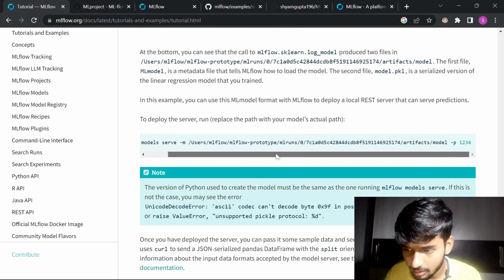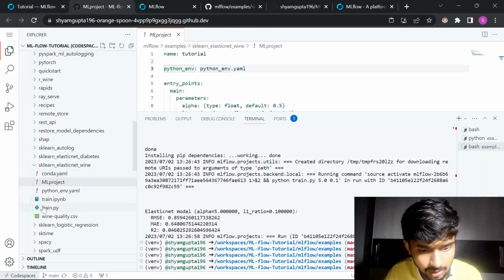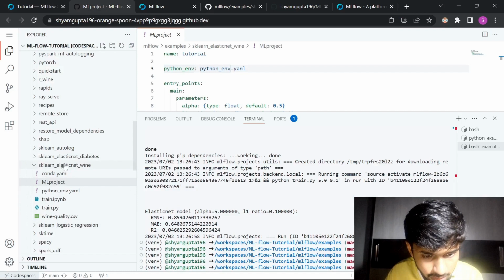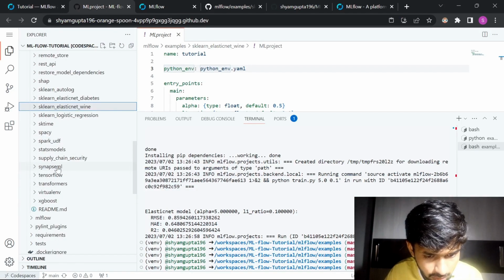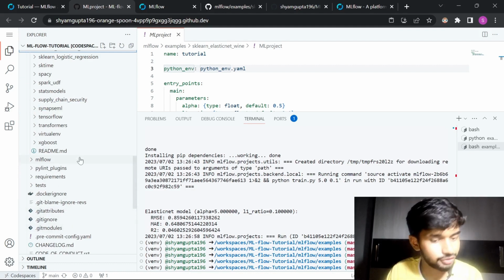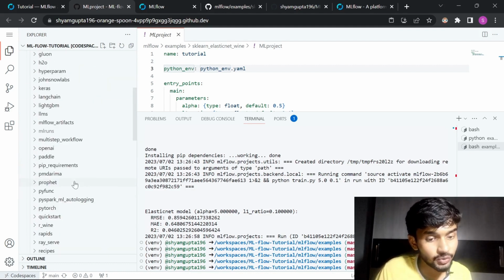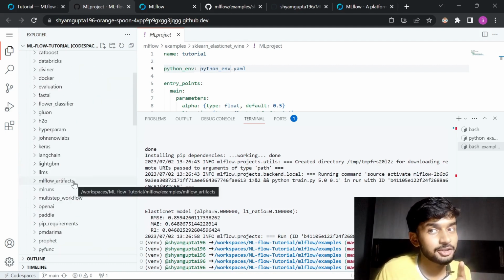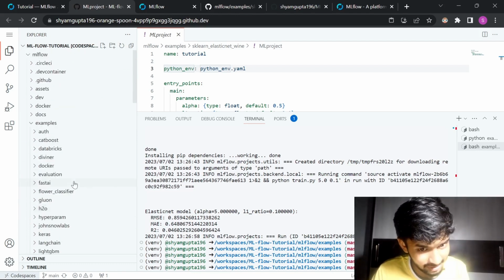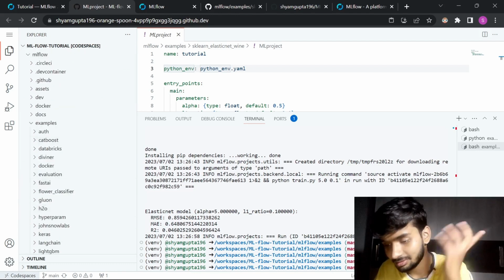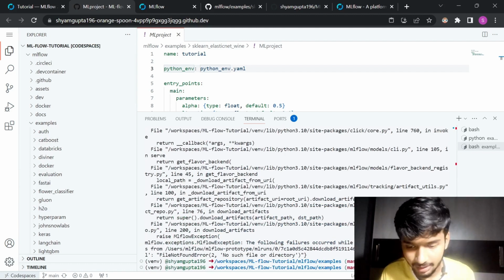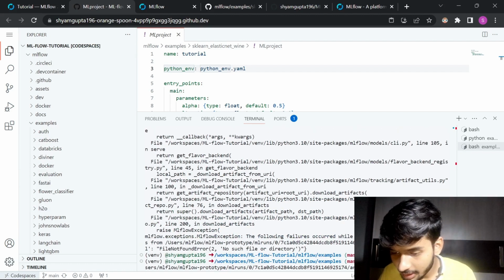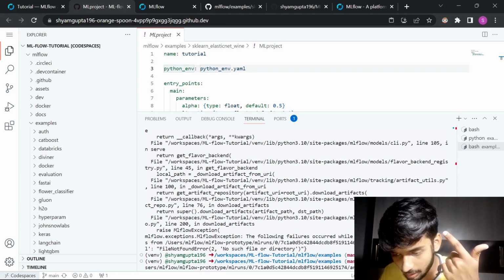model serve, users, and so on. Is it something like users over here? I don't see anything. Can I see users? I don't see anything, which is why I know that this is going to crash, and crash badly, but I'm still going to do it because who knows if it executes. Yeah, exactly, it crashed. So it says that you have to have the model, then you have to have the serve file, and you serve